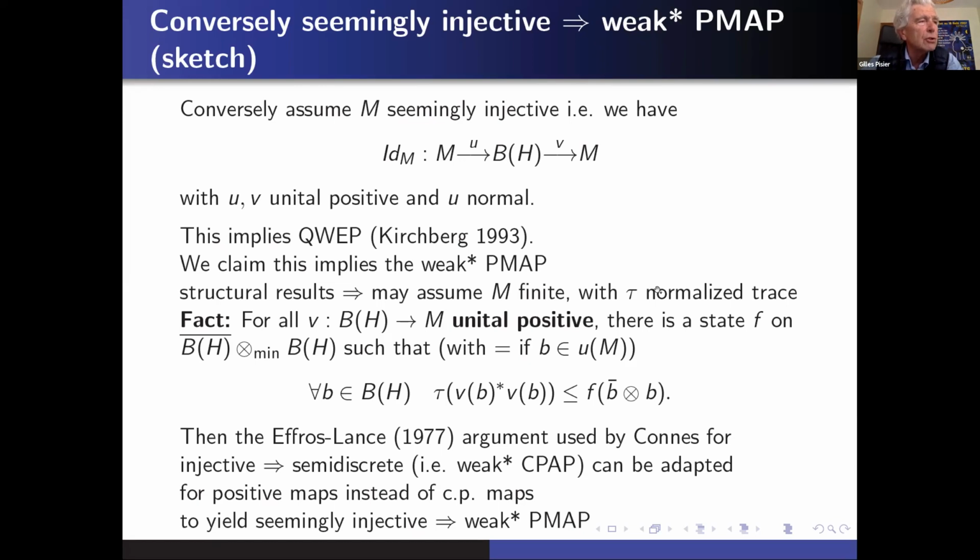Okay, so this is just a sketch. I just want to write the key fact. The key fact here is this, which is a little less standard. It's not really difficult, but perhaps it's not stated anywhere. I'm not even sure, but it's sort of a variant of known things. The point is V here from B of H to M is only assumed unital positive. And then it follows that you have this property,